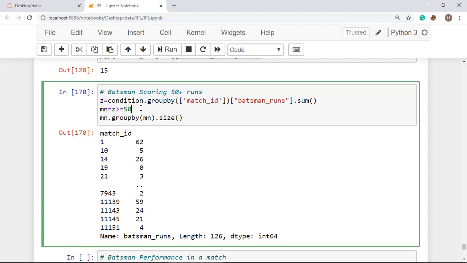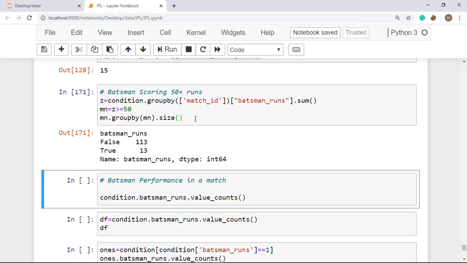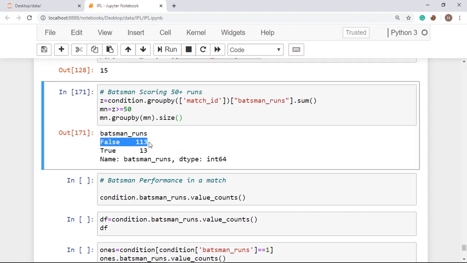All right, now we want to calculate the 50 plus runs. So I am creating another data set where we take out all those where the value is greater than or equal to 50, and now I am using group by and taking out the size. This will display 113 times false, meaning in 113 matches Yuvraj Singh has not scored 50 plus runs, and in 13 matches he has scored 50 plus runs.